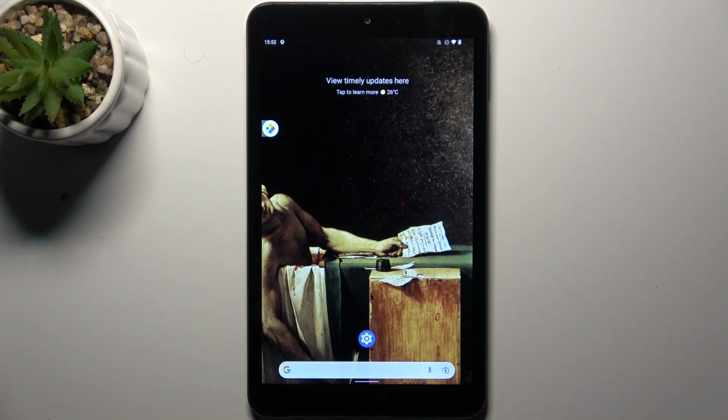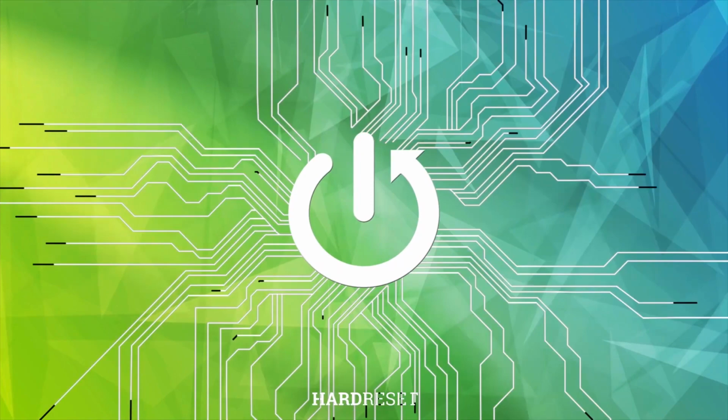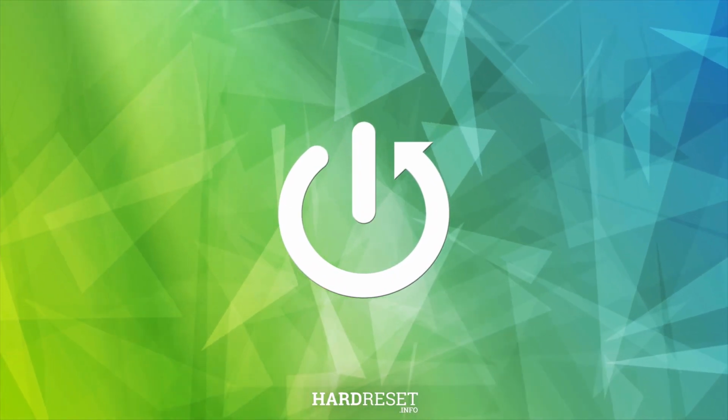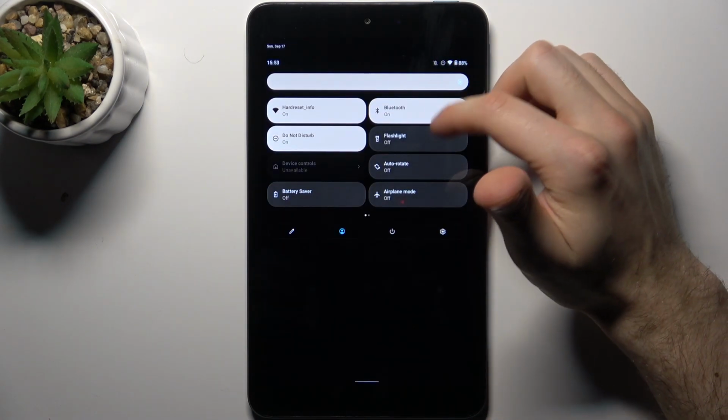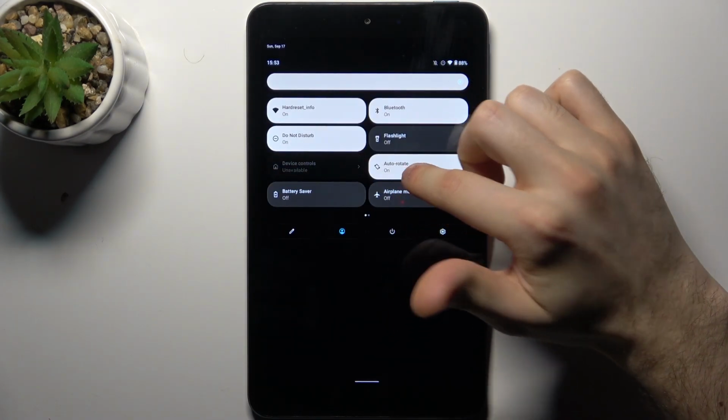Here I have NOKIA T10, and today I'm going to show you how to record screen on this device. So to do this, first you have to go to the upper bar, and here you can find the button